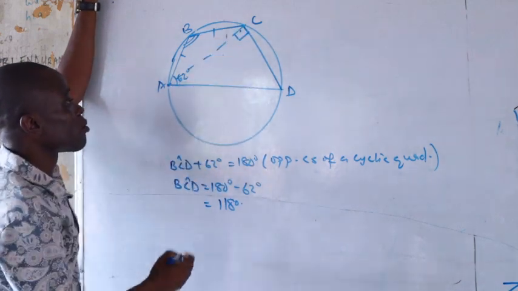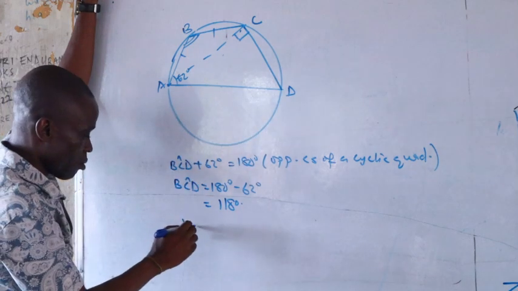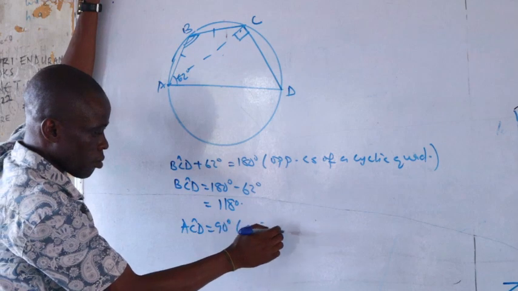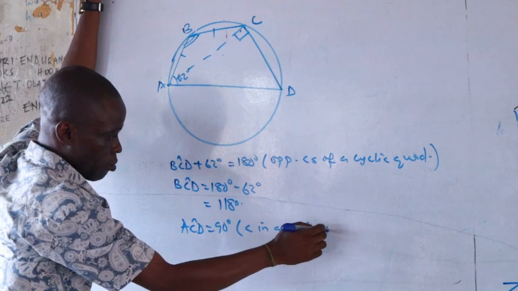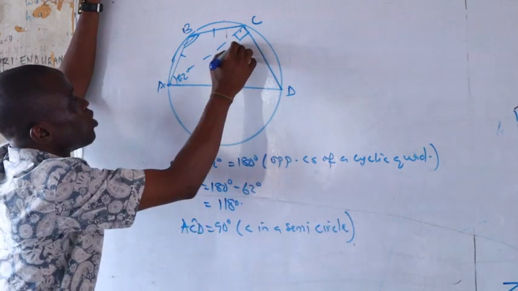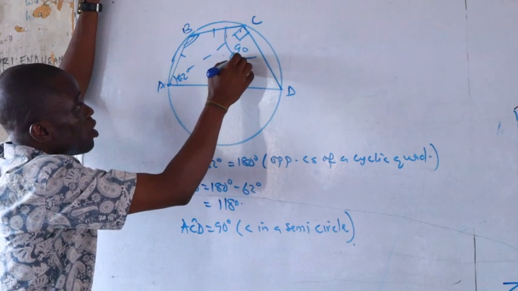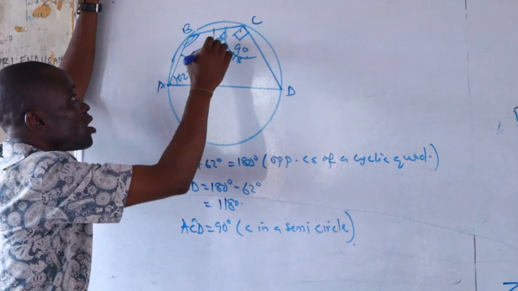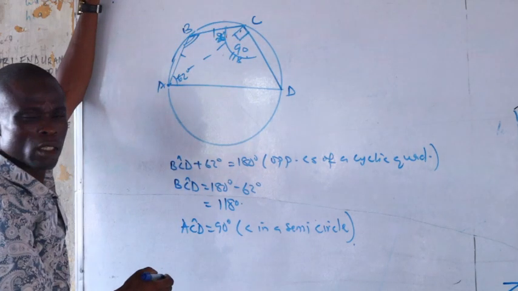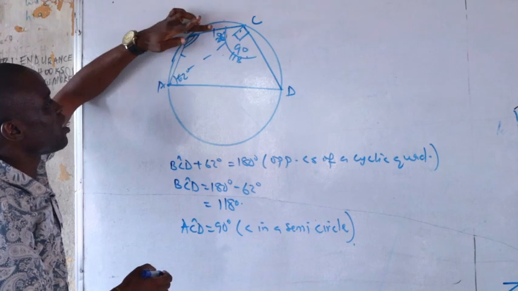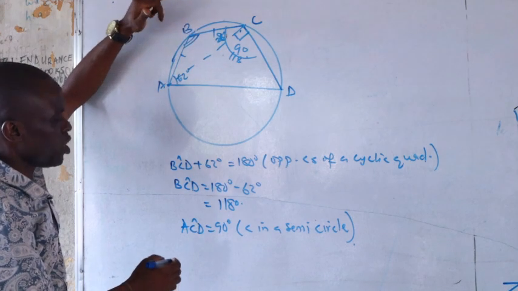This is 90. ACD is equal to 90 degrees. Reason, angle in a semicircle. So if this angle is 90 and the whole angle is 118, this one is 28. Subtract 90 from 118, 28. BCA or ACB